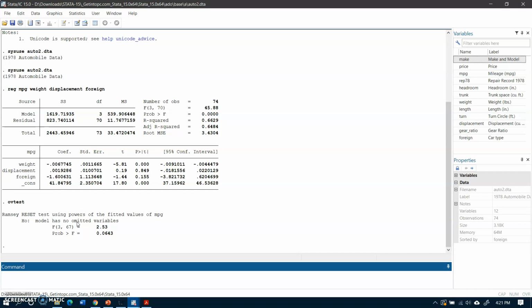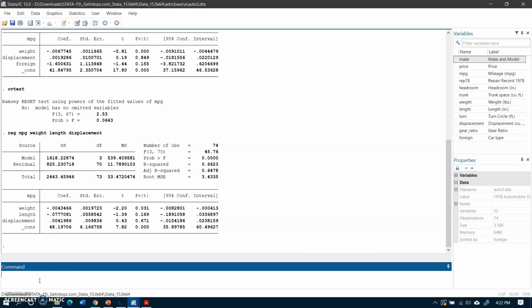So this is very simple. Let me try some other example with the same data. MPG, WEIGHT, LENGTH, and similarly displacement. Let me see what happens.